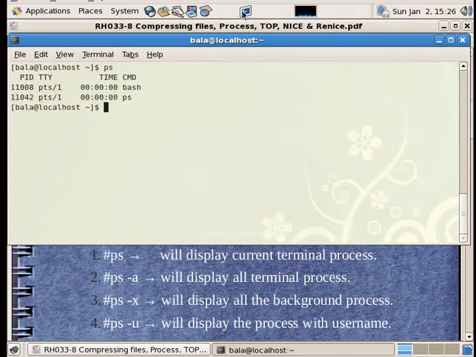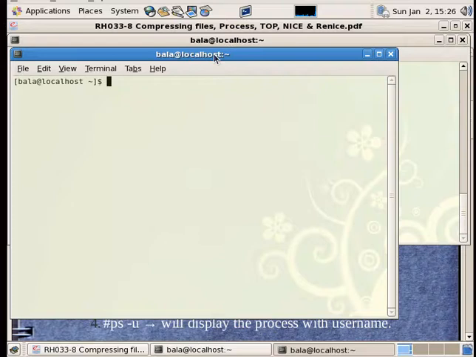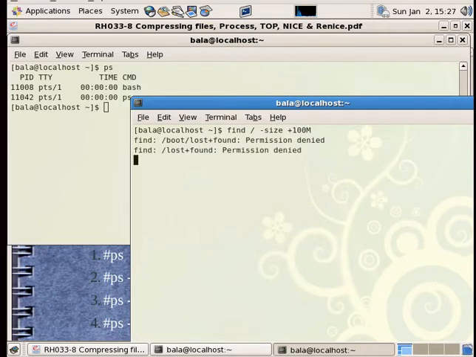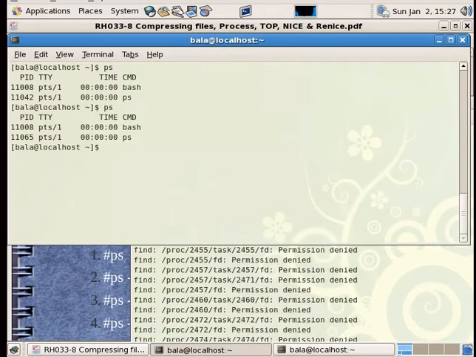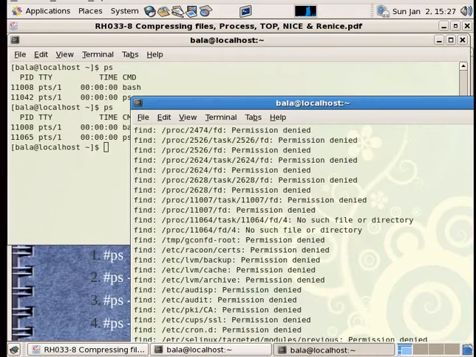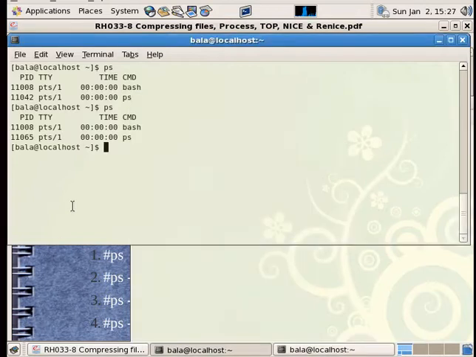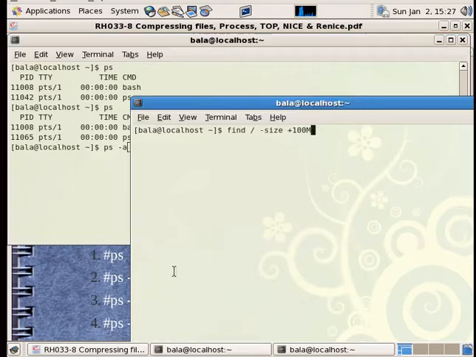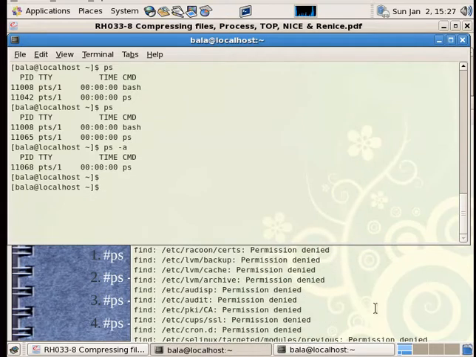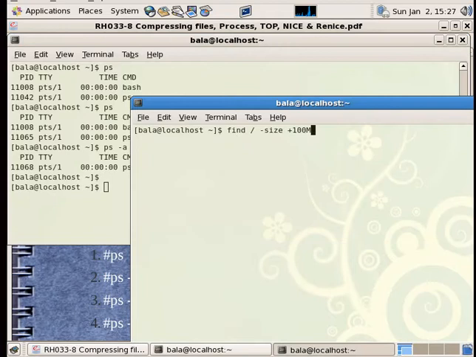So if I were to open up another terminal and run something inside it, probably that find command, you remember that? So that is find something in /size which is greater than 100M. Hit enter and quickly go there and hit up arrow and hit enter. If you have to see the processes which are running on a different terminal, you need to hit ps -a. Let me hit enter here, quickly run back there, hit enter. Oops, I was not quick enough. Let me do it once again.